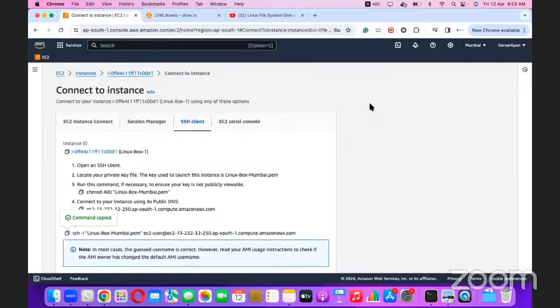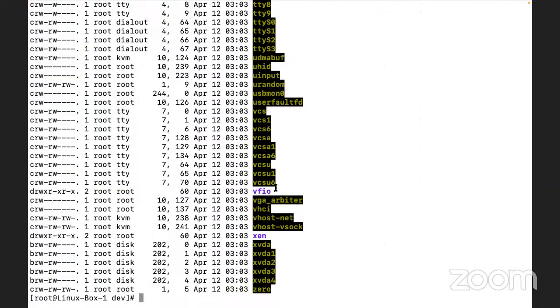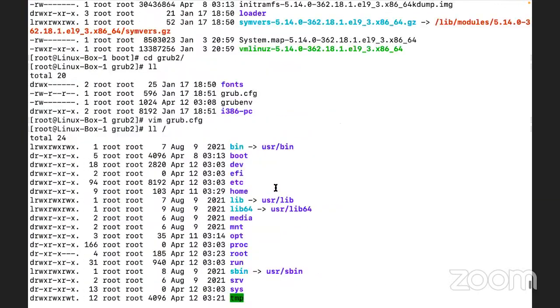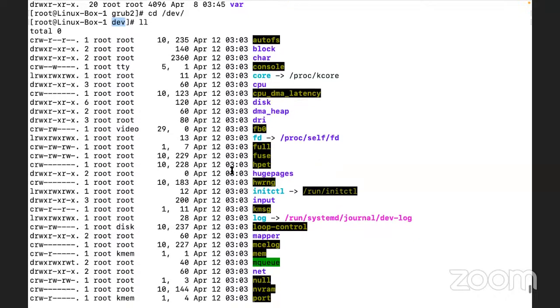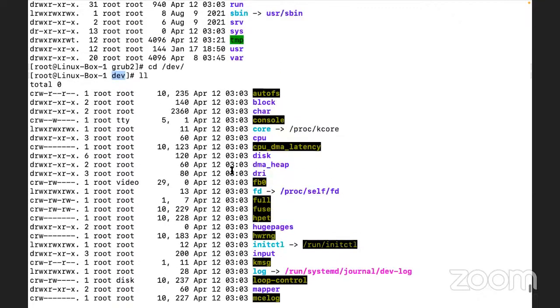Okay. Although this particular directory we have already gone through when we were reading and understanding the different types of files and directories. So this directory holds the different types of devices, maybe block devices, character devices, and other devices, stored here within this particular directory. For example, if you want to see how many disks are associated here, there is a folder known as disk.